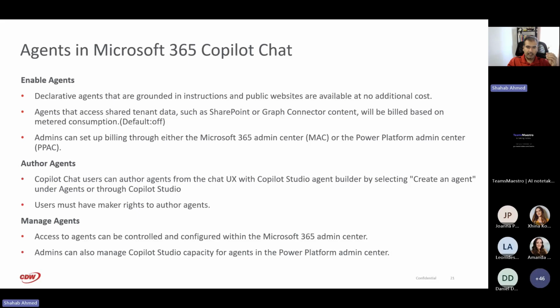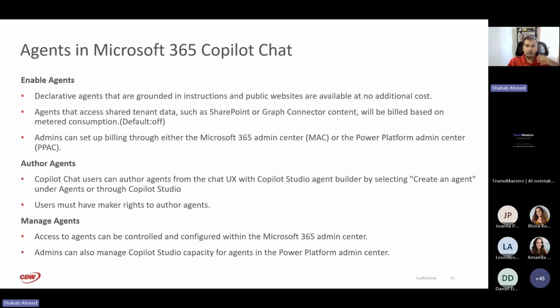And then again, like I said, you can give the Copilot chat, so this is again the free one, users the ability to create an agent from that M365 Copilot piece, or through Copilot Studio. You need to make sure that you want to give users those rights, because they can create agents. Then how are you ensuring that happens sustainably? What happens around the life cycle of these agents? How do you not have a bunch of orphan agents?